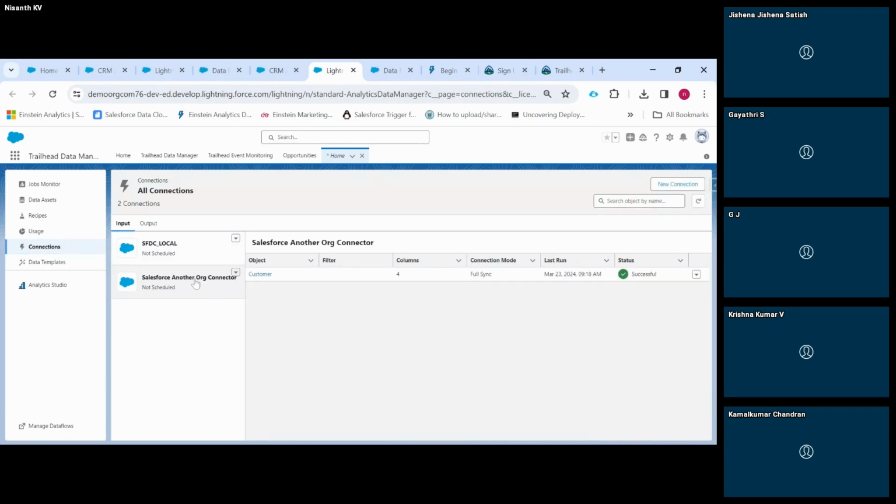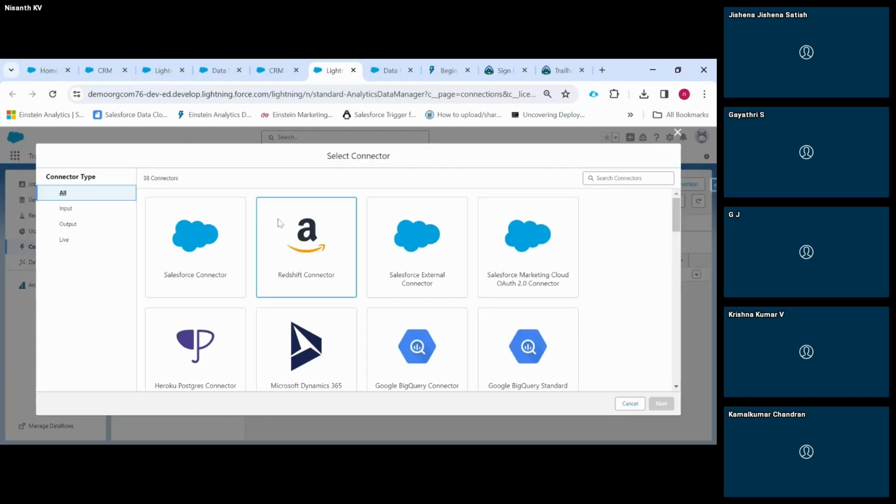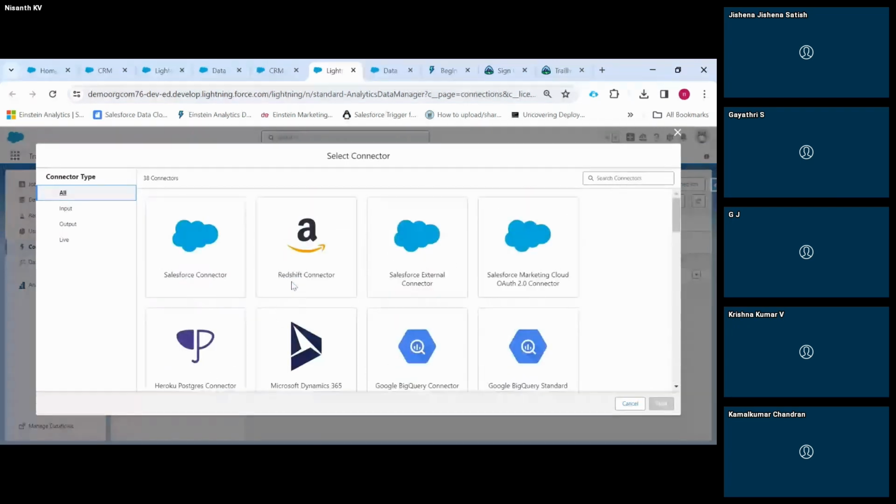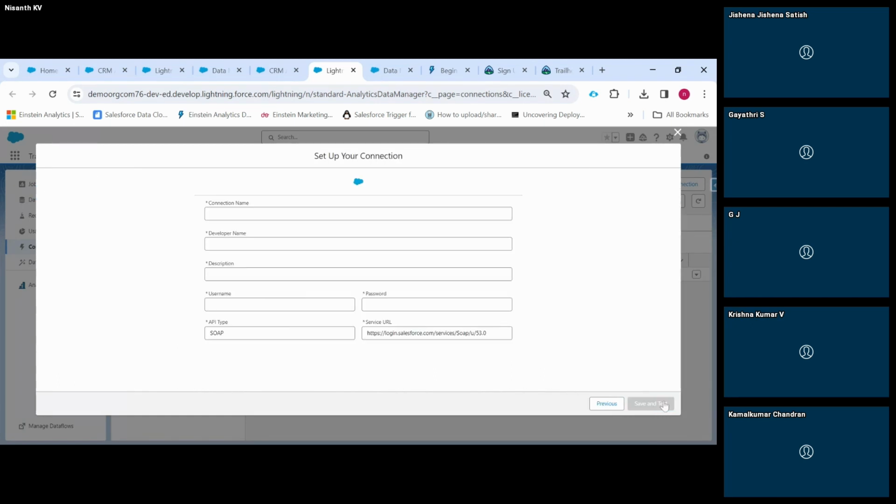So what I am doing here is I will give a new connection here. These are all the list of connectors provided by Salesforce. The Salesforce connector is nothing but the native connector, and the Salesforce external connector is the option where you are going to select the data from another org. So here I will select Salesforce external connector, and if we click next, we have a few